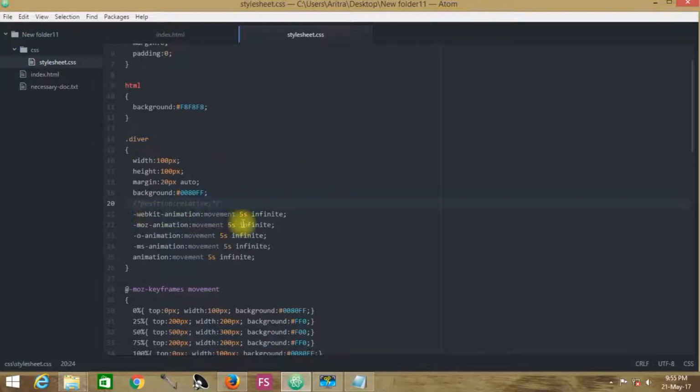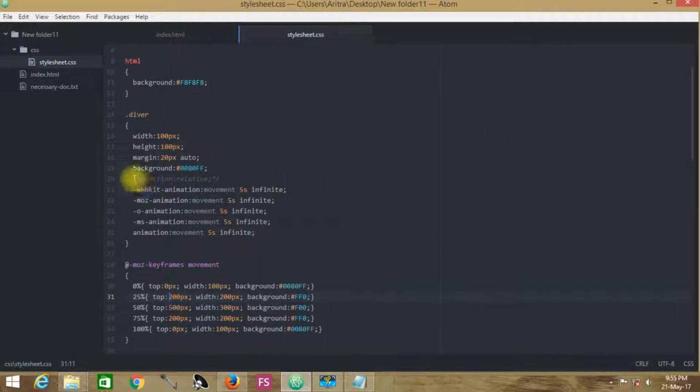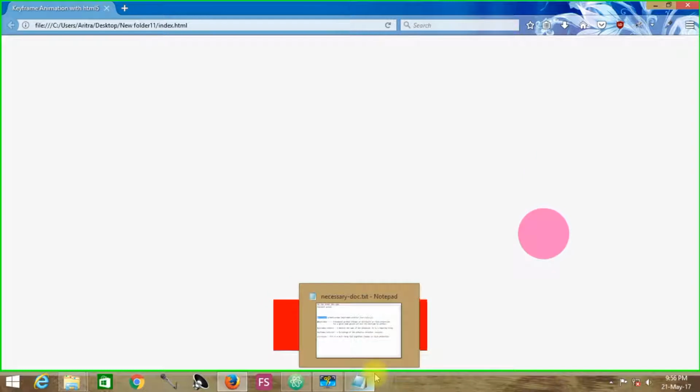So to make proper smooth animated movements, whether it is descending down from the top, getting back to the top, or circulating round through a path, in every case we need to mention this position relative. If we do not mention position relative, it will take the default value of position static. So this is the thing that we need to change here. You see now, if I reload, it is again coming down to the last position of 500 pixels, as we have stated, and that is what it is executing over here.